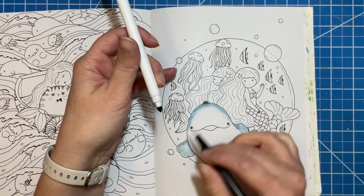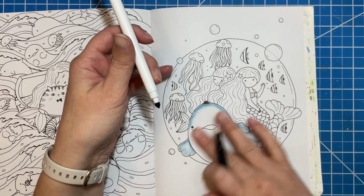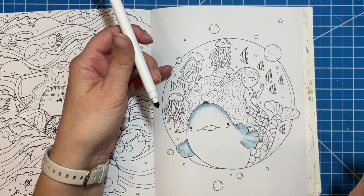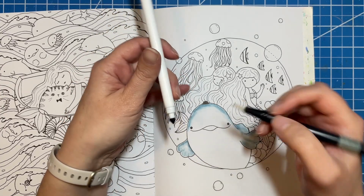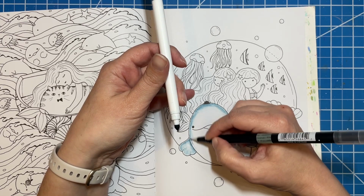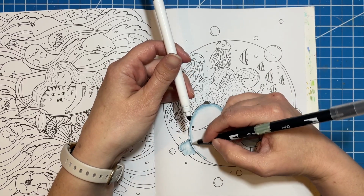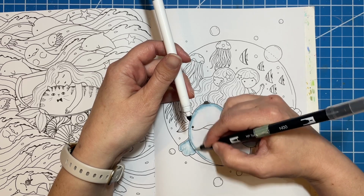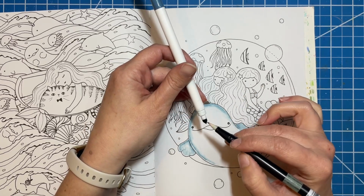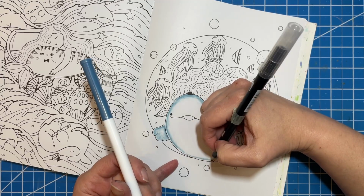Okay, this is where I'm going to be. It's going to be tricky for me because I don't want to mess this up. So I think maybe I'm just going to hang out around the outside edge for a little bit longer. Because when you use the Tombow markers, wherever you put down the color at first is going to be darker, and then it kind of blends itself out. Well, I don't want to do that in the middle of the